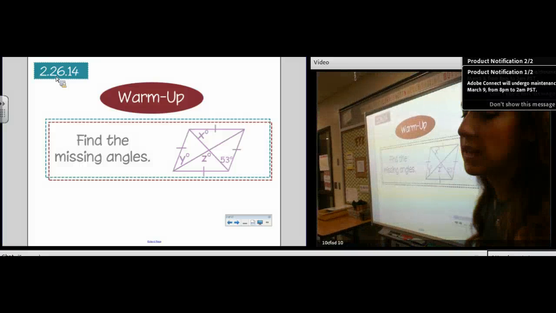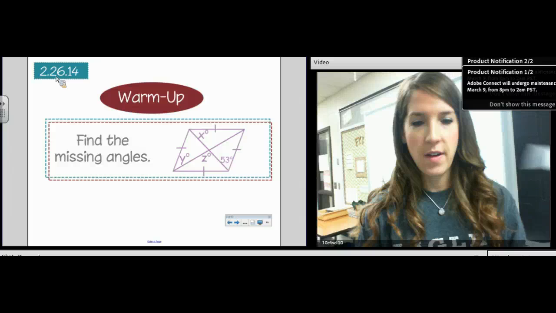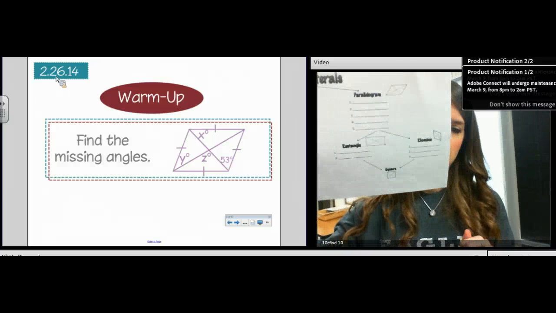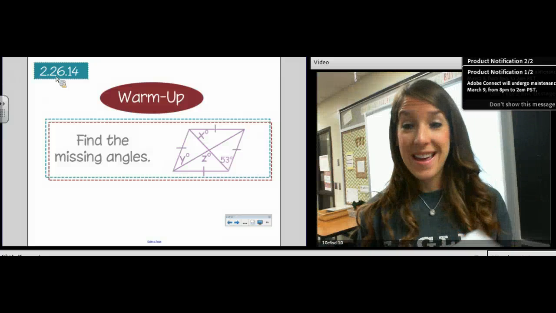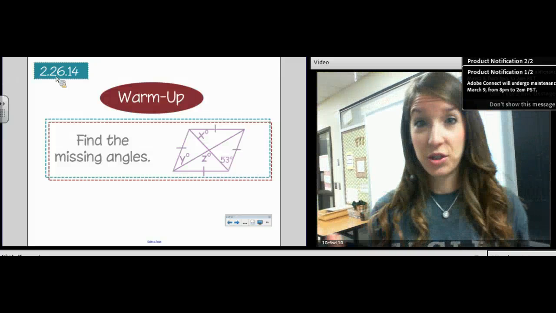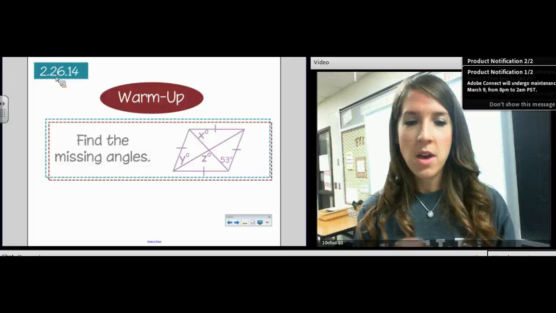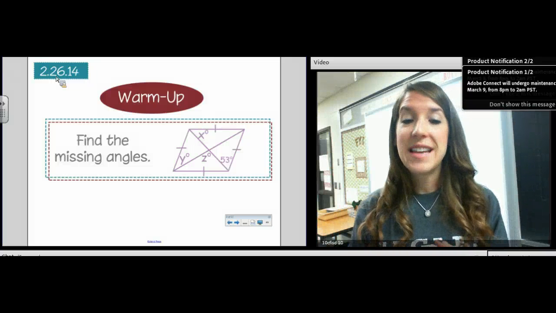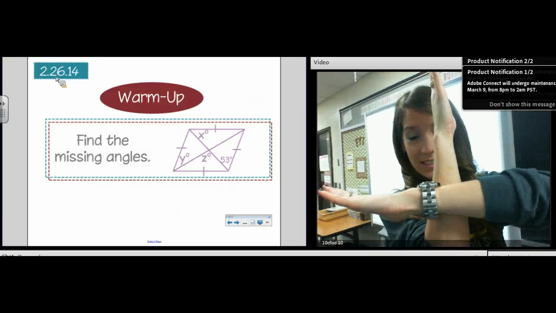So we filled in some new properties for a rhombus on our family tree. Make sure you have your family tree out. We know 3 things about a rhombus, well, extra things on top of being a parallelogram. We know it's got all sides congruent, and I've already marked that. We know that the diagonals are